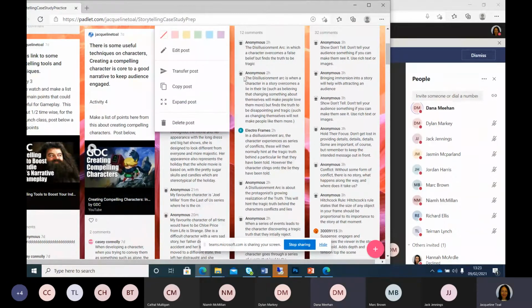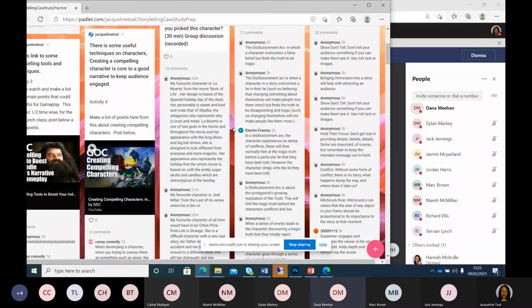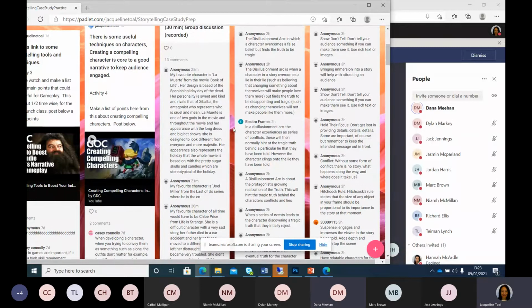That was myself. My favorite character had to be from my favorite movie, The Book of Life, the animated film, and I had to pick La Muerte, who was one of the two gods, one of the two main characters in the movie.